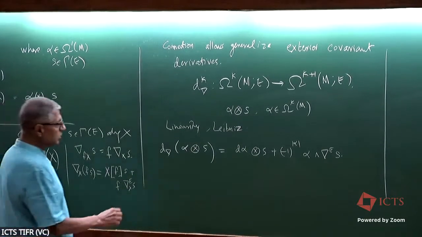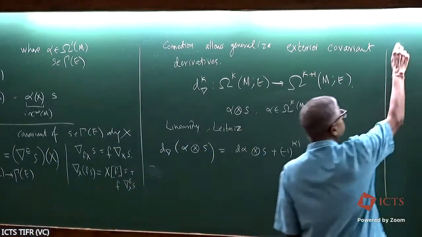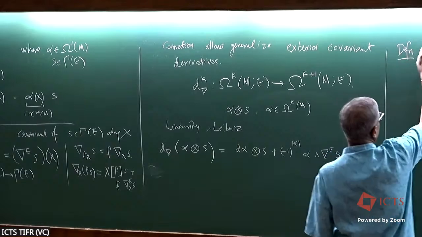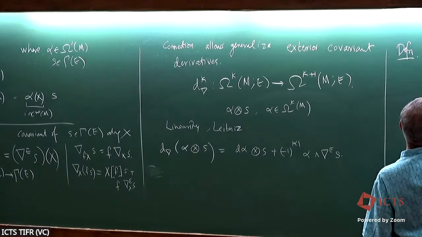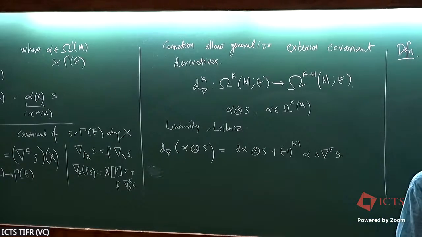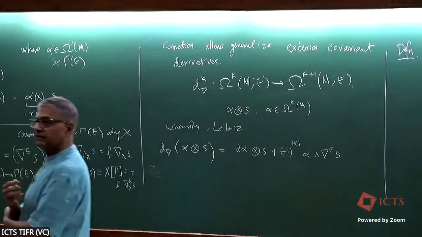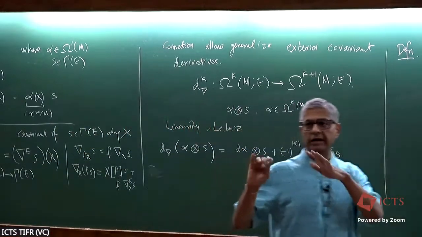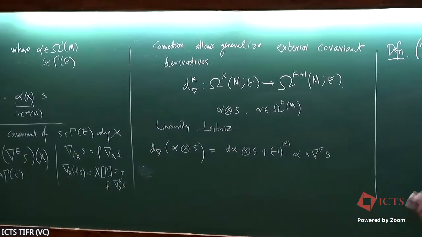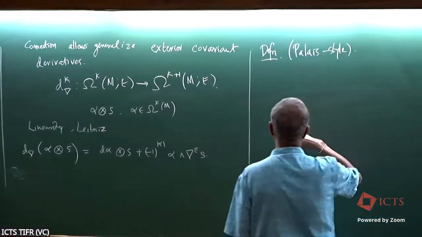So it turns out that there is a Palais style definition. At least we call it Palais style. So Richard Palais defined this Lie bracket version of exterior derivative definition, which was coordinate free. And in this field, that has become very popular, that all exterior derivatives can be written like this. So the Palais style definition says that